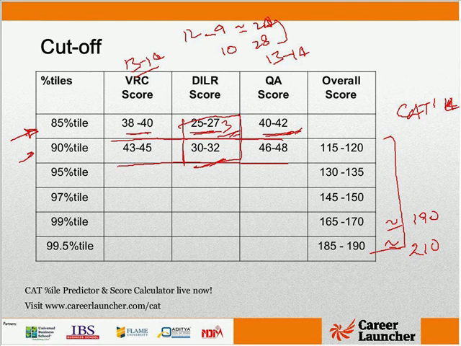LRDI was tough, expected cutoff. As you pointed out, for LRDI, we would say around an 85 percentile would be somewhere around 38 to 40 marks, 25 to 27 marks, which means a net correct of about 9 to 10 would mean that you have at least cleared the sectional cutoff. We'll get around 40 in verbal, 55 in quant. LRDI will get around 35, 40, sufficient to get a 90 plus.